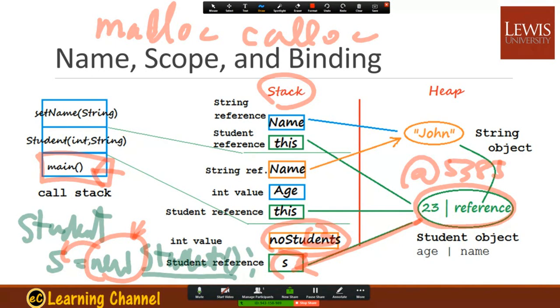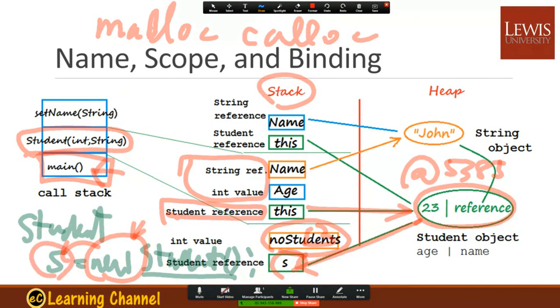And when we call this student constructor, inside the student constructor we have a parameter for age and name, and those are considered local variables, even though they are on the parameter list, but they will be put into the call frame as well. And an implicitly declared this reference will be pointing to the same object as this S is pointing to. This one is implicit because you don't need to declare it, and it is existing over there for this